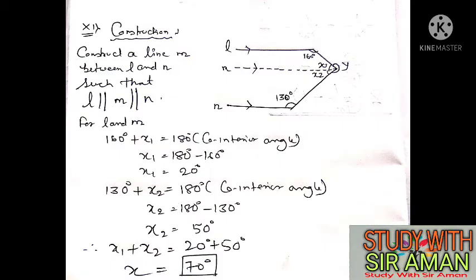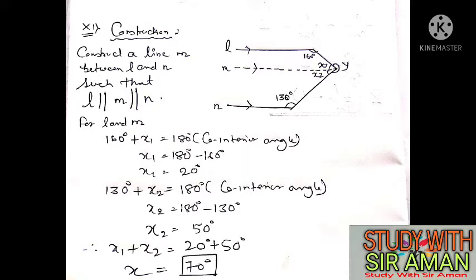Good morning all of you. Exercise 14b, some of you are having problem in this. Question number 6, problem number 11. Okay, first you check, two lines are there, two parallel lines are there, but there are two transversal lines, but the transversal lines are not straight. So what we will do, we cannot solve directly by this.